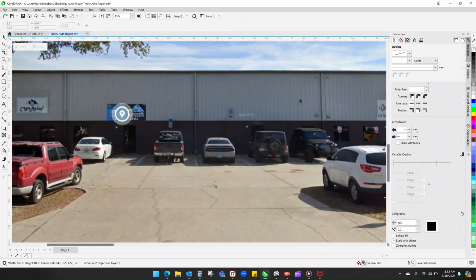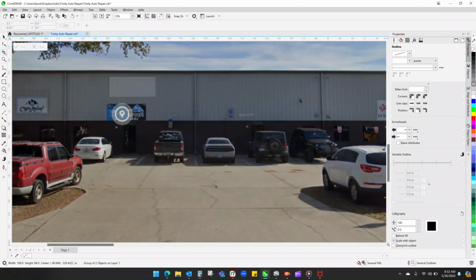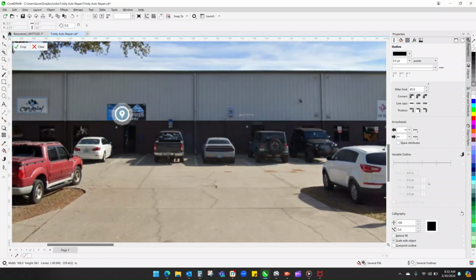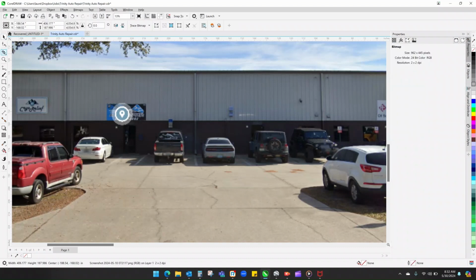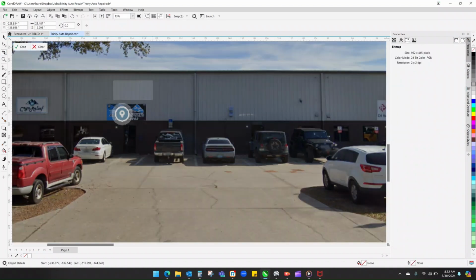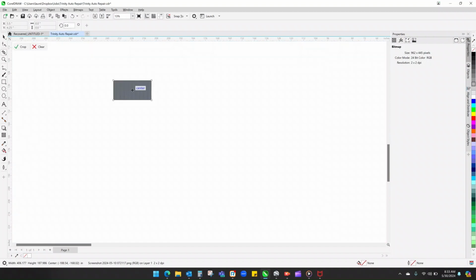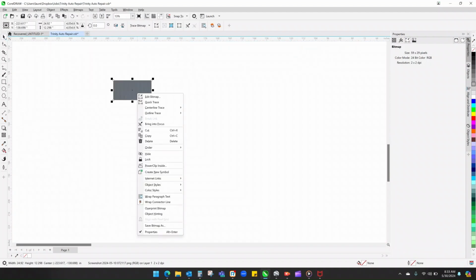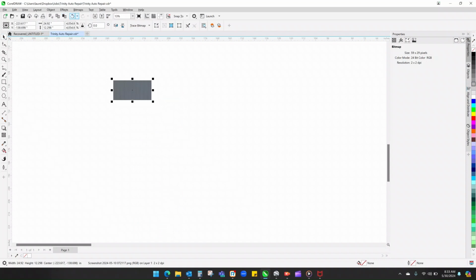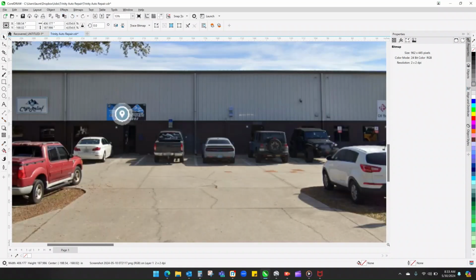So to cover up these other ones, I just want to make sure that the client can get a pretty good visual. Oops, I wasn't clicked on the image. We want to make sure the client can get a pretty good visual of what their sign is going to look like on the building. So I'm going to block out all these other signs on here so they can see what it's going to